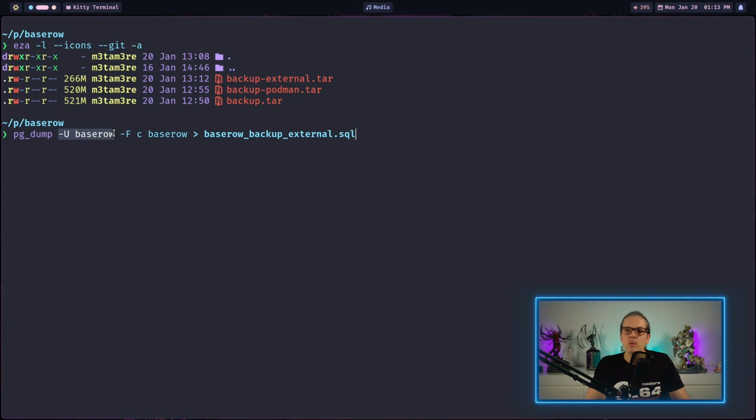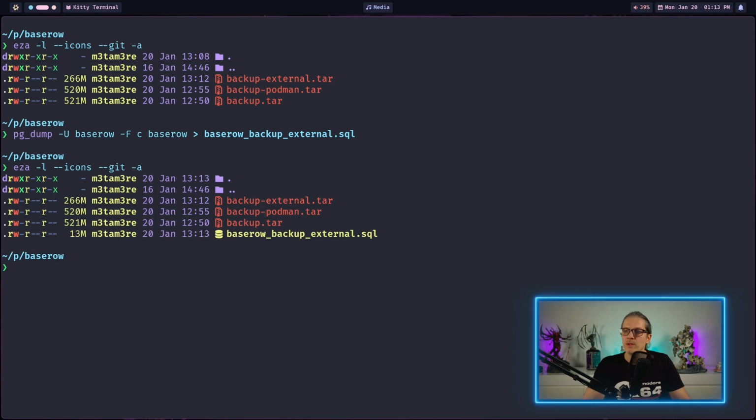And with this command, we refer to the user Baserow. And here we specify that the database Baserow should be written to a file, and here we just specify the file name here. And when I execute this and have a look here, you can see that the Baserow database